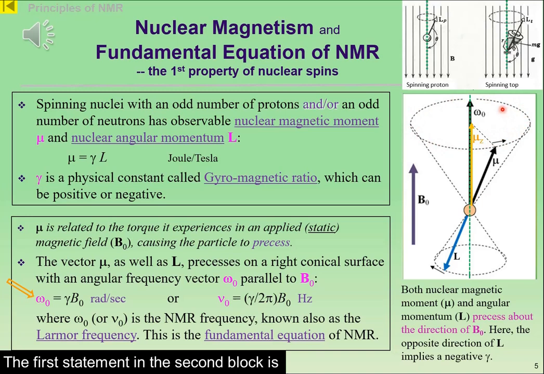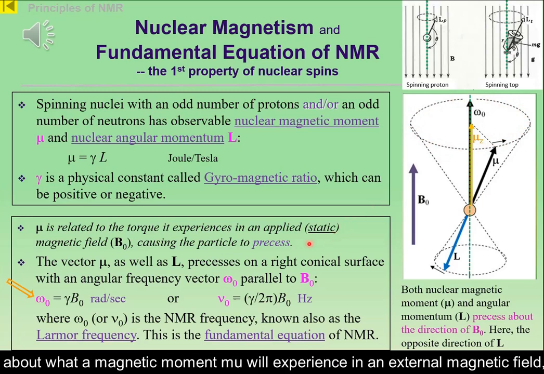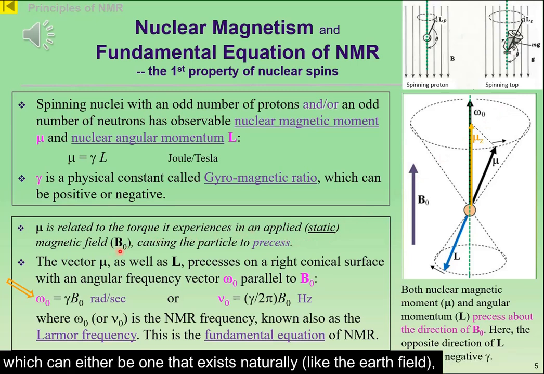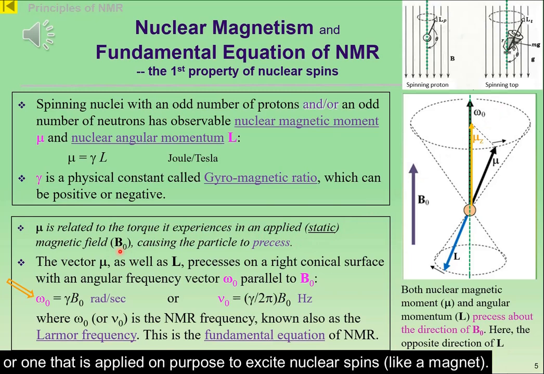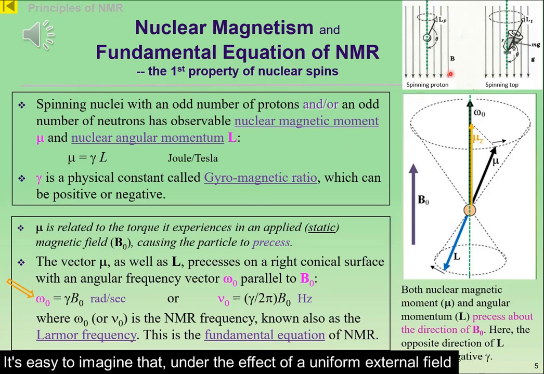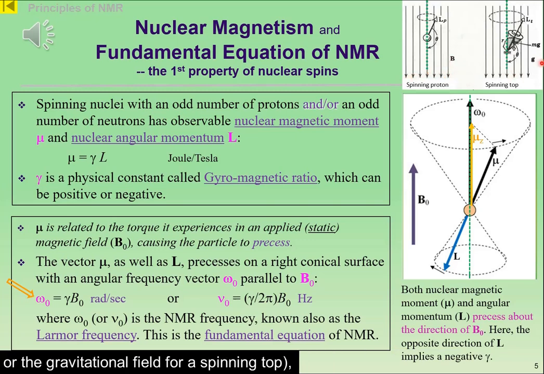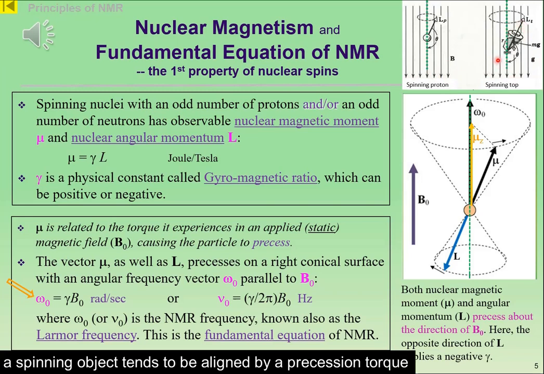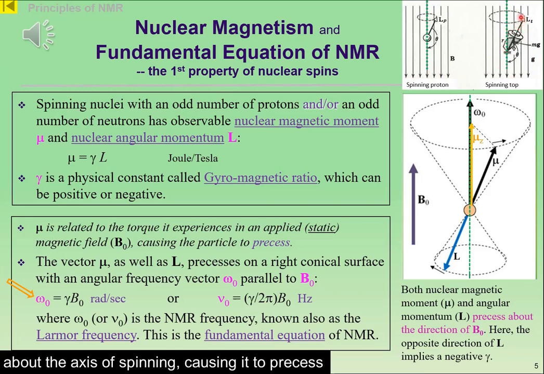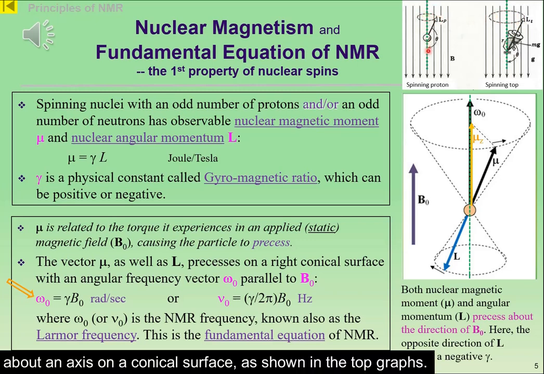The first statement in the second block is about what a magnetic moment μ will experience in an external magnetic field, which can either be one that exists naturally, like the Earth field, or one that is applied on purpose to excite nuclear spins, like a magnet. It's easy to imagine that, under the effect of a uniform external field, like an external magnetic field for a spinning proton or the gravitational field for a spinning top, a spinning object tends to be aligned by a precession torque about the axis of spinning, causing it to precess about an axis on a conical surface, as shown in